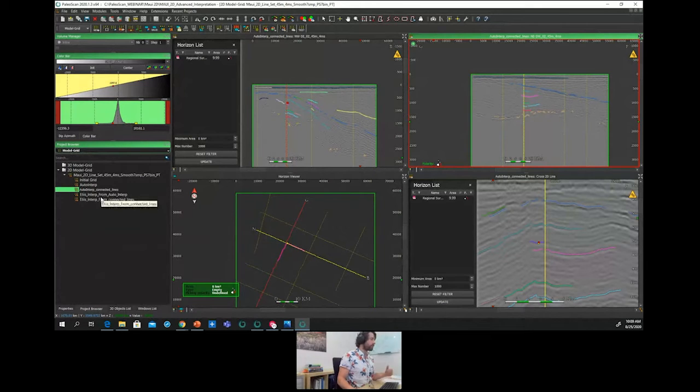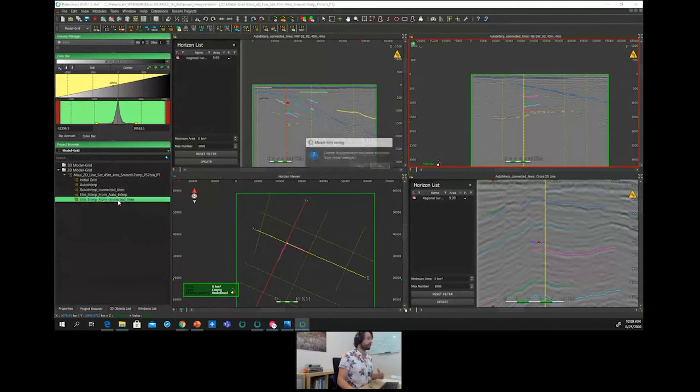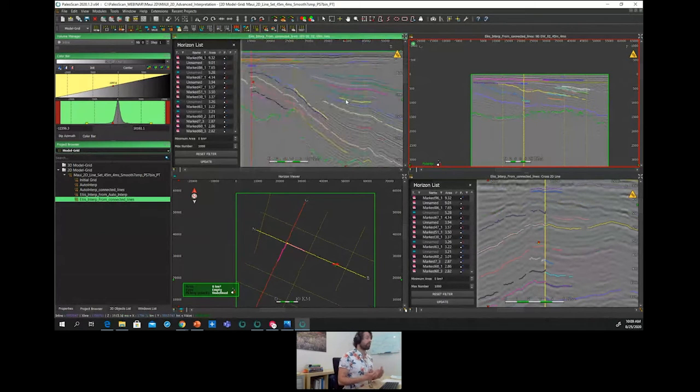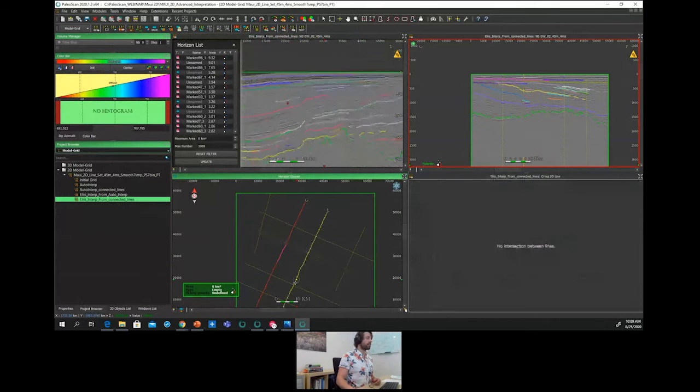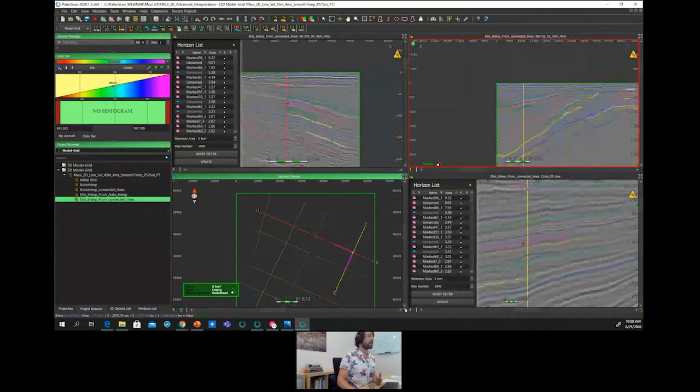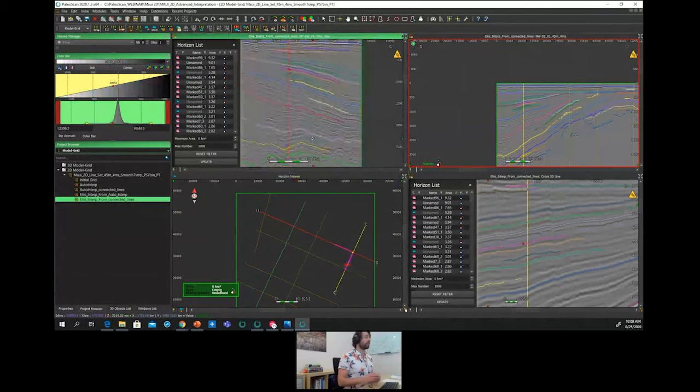Just to show you the kind of final refinement you could get, I've prepared an achieved interpretation. And it contains more or less just a few more horizons everywhere within the model grid. So considering that you can interpret in a very short time frame a multitude of horizons, in fact, this interpretation actually corresponds to a few marked horizons.